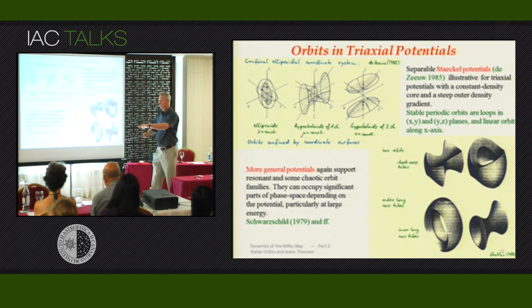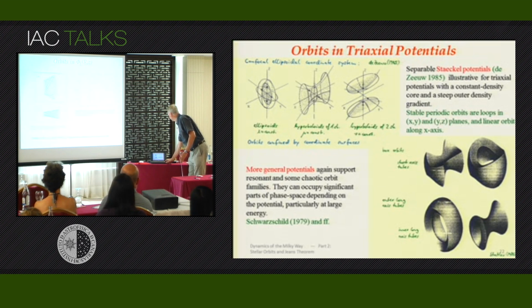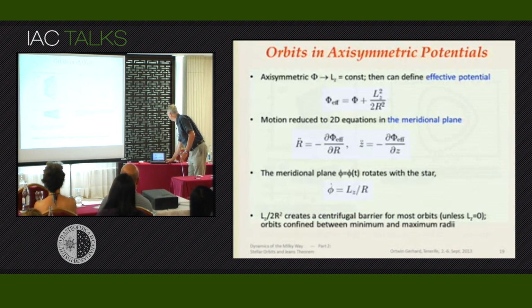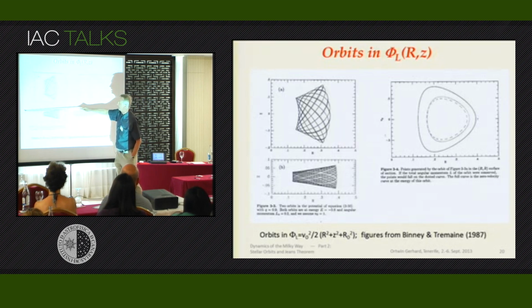So perhaps the main message is that for a triaxial stacker potential compared to an axisymmetric one, apart from these Z-loop orbits, you also have the X-loop orbits that go along the long axis, and then you have this final family, which is called the box orbits, which essentially go near the center and then sort of open up on both sides once they've gone through, and they can be thought of as generalizations of these orbits, where here you have a boundary because of the angular